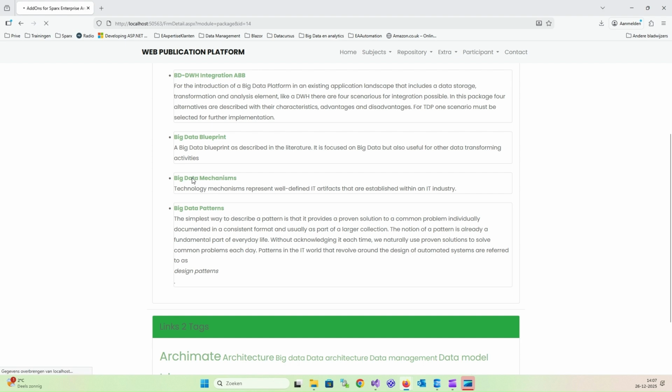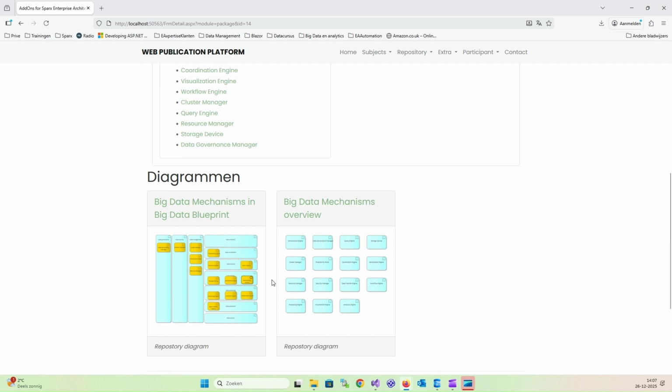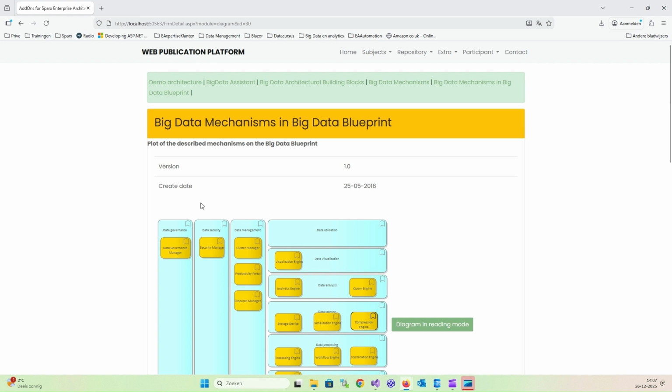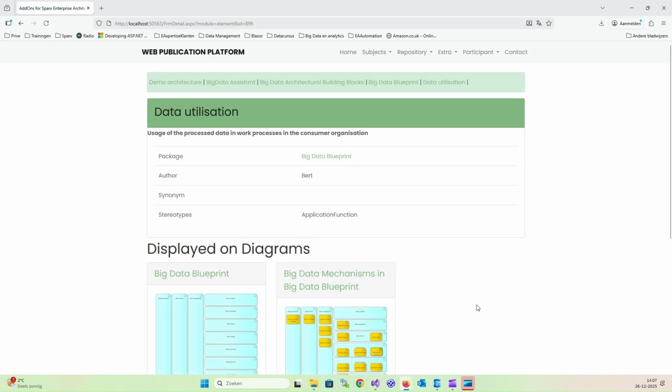Let's take a look there, and here we see there are a number of diagrams, and I can take a look at such a diagram. So you can see here that it will load the diagram, and now you can see that we can click around, and you can see here that you can click on the elements and do all the things you want. And for example, here